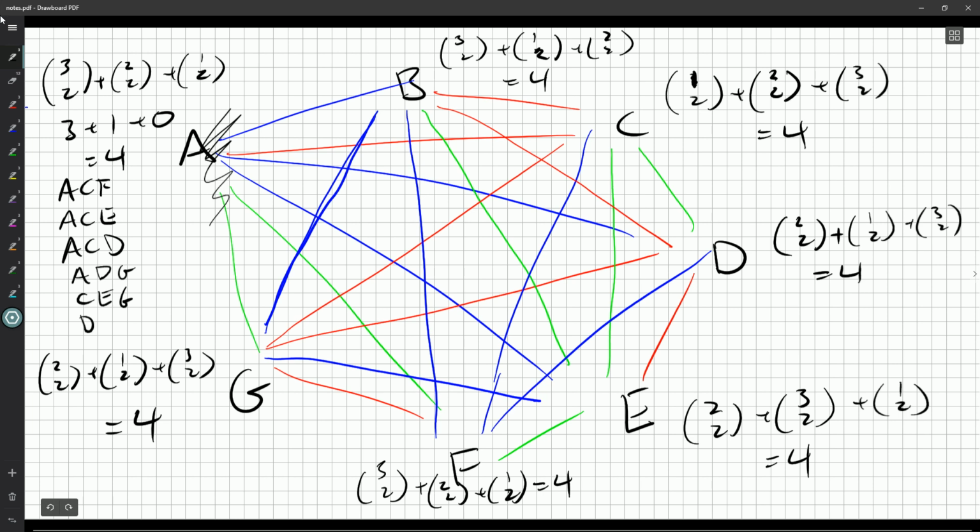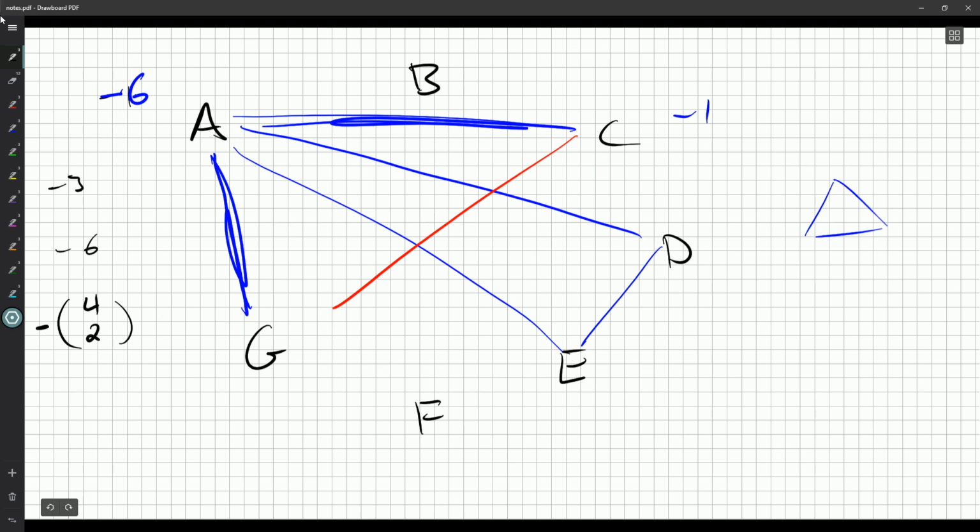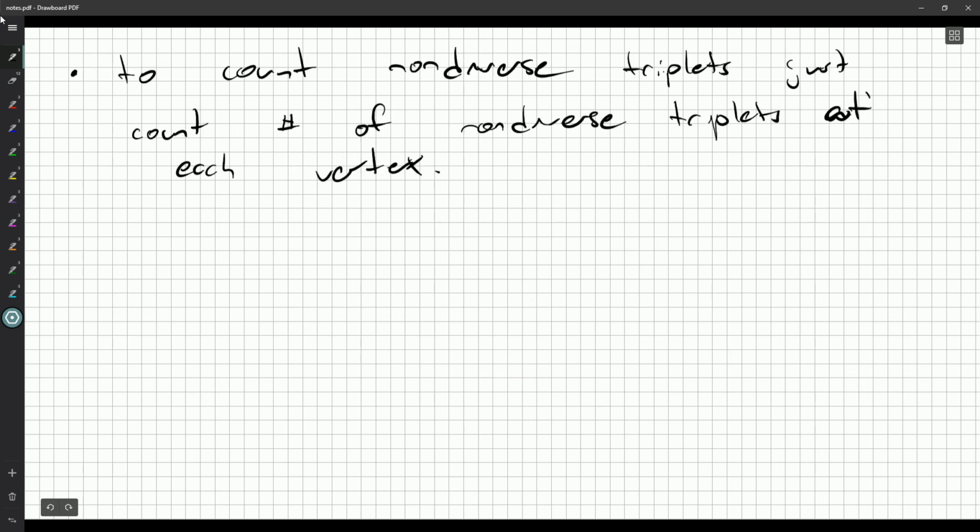D, E, F, that's definitely one. D, G, F, no. D, E, G, no. And then E, F, G, yeah. Looks like we got 7, so our theory worked. Although if we were confident in it, we didn't have to stop and do this. But that's kind of nice. So 7. But you notice I didn't have to go hunting for them. I could have trusted the math. The question is, is it just a coincidence that we always have 4, or is there some reason we have 4 here?